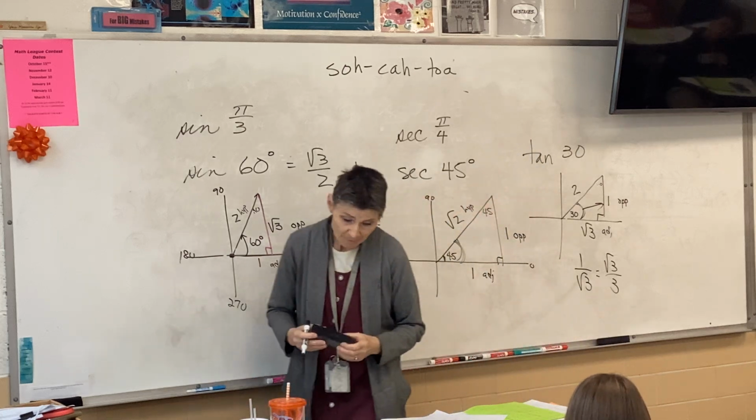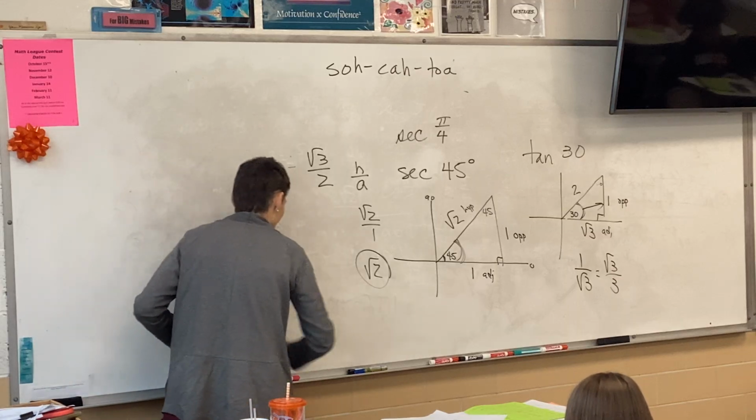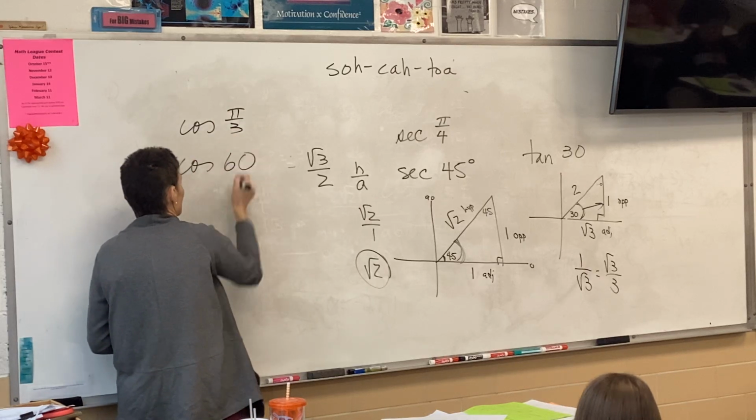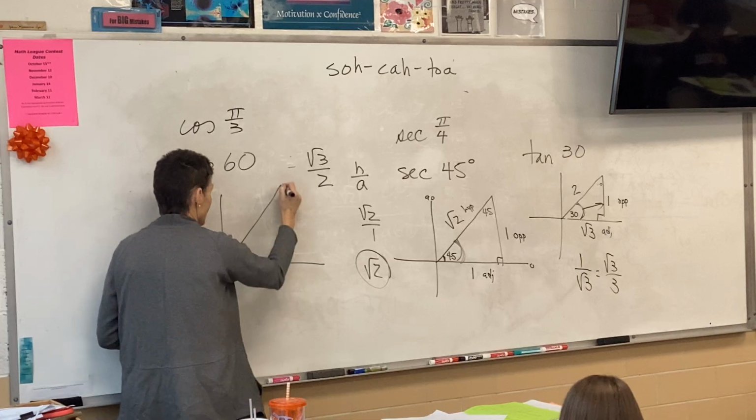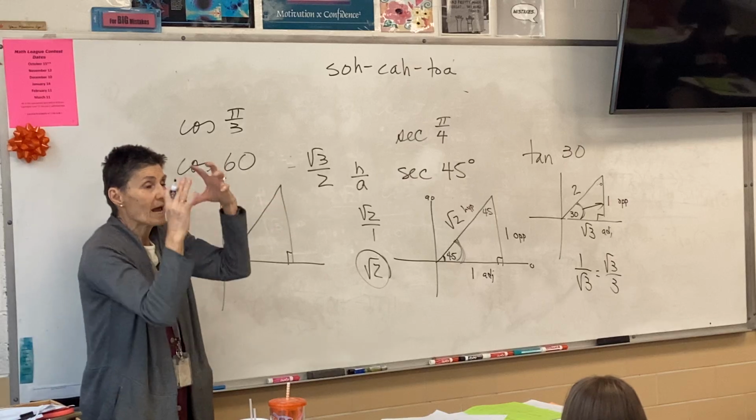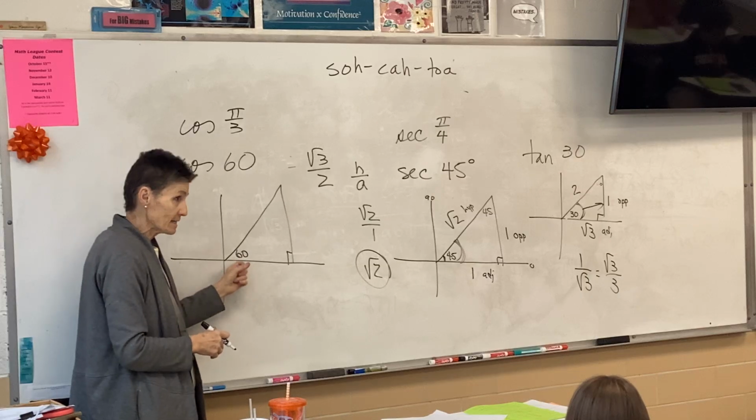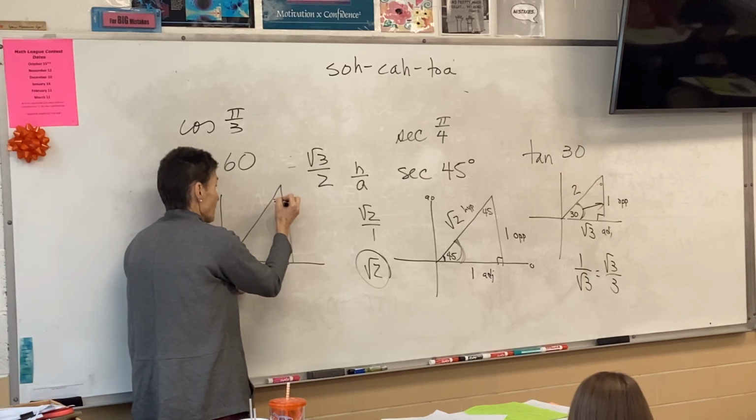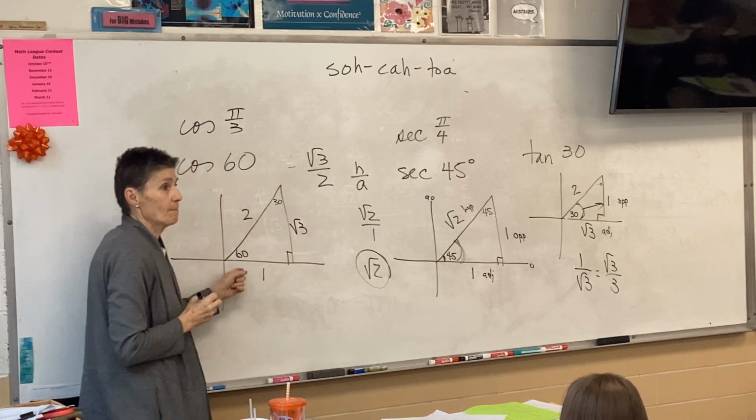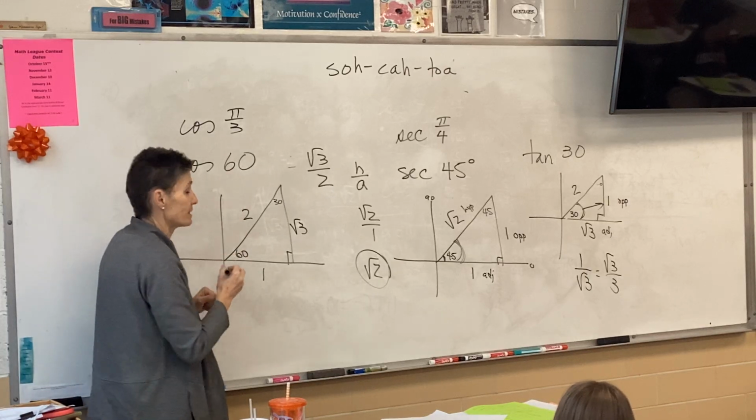All right, last one, cosine pi over 3. Cosine pi over 3 is the cosine of 60. So here's my 60. Now again, remember, the angle you're doing is the one at the origin. So 60 is at the origin, which means 30 is up here. So 1, root 3, 2 this time. Cosine 60 is